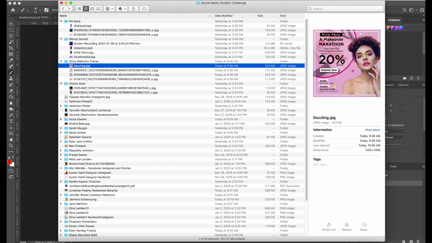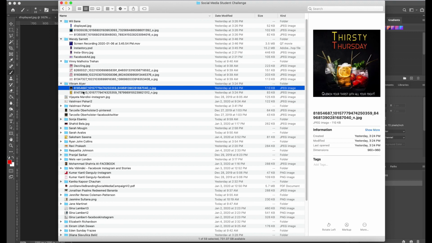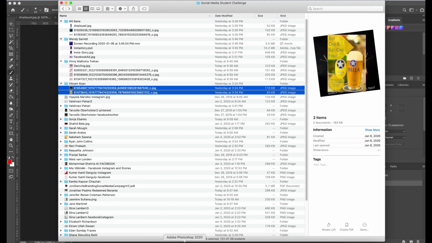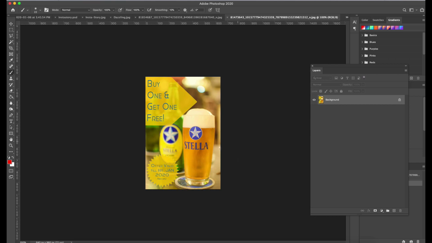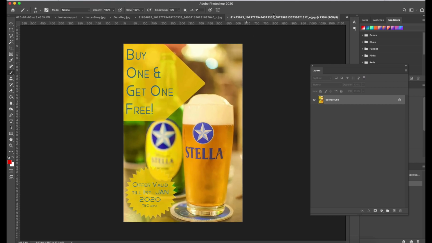So let's see who is next. Vikram. So let's see what Vikram has. He has 2 different versions for us today. We have a buy one, get one free. I don't have this labeled as whether it's a Facebook or Instagram, but it could really exist on this size